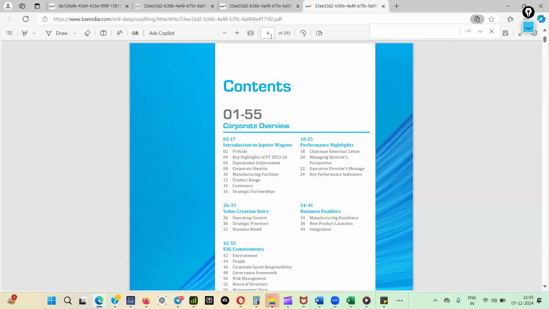Read it. Don't consider that somebody will read. Then you come, and if someone is explaining something to you about Jupiter Vagan or Tax Orel or something else, then you can look at their perspective and see whether you have missed something, because the way we read things, everyone reads the same thing in a different way. So reading the line is not important. Reading in between the lines is more important.